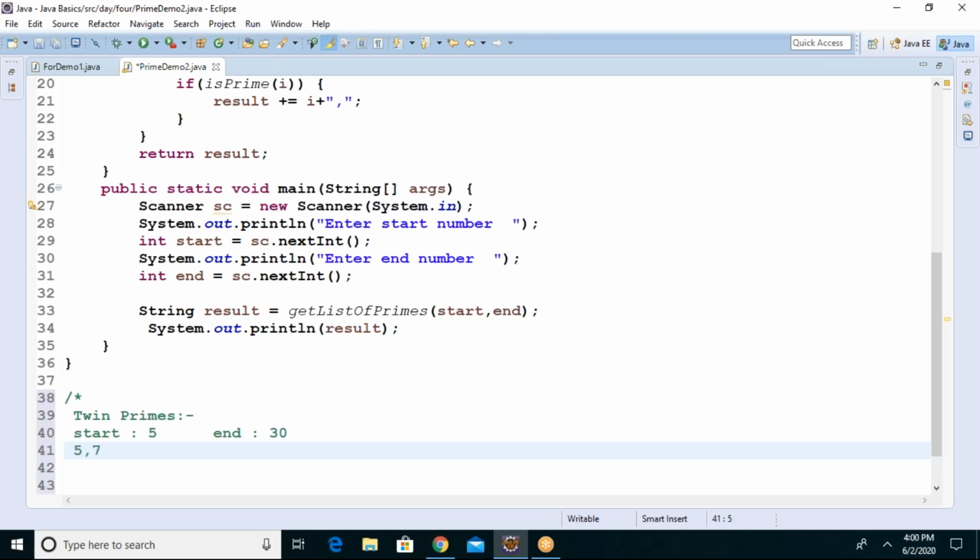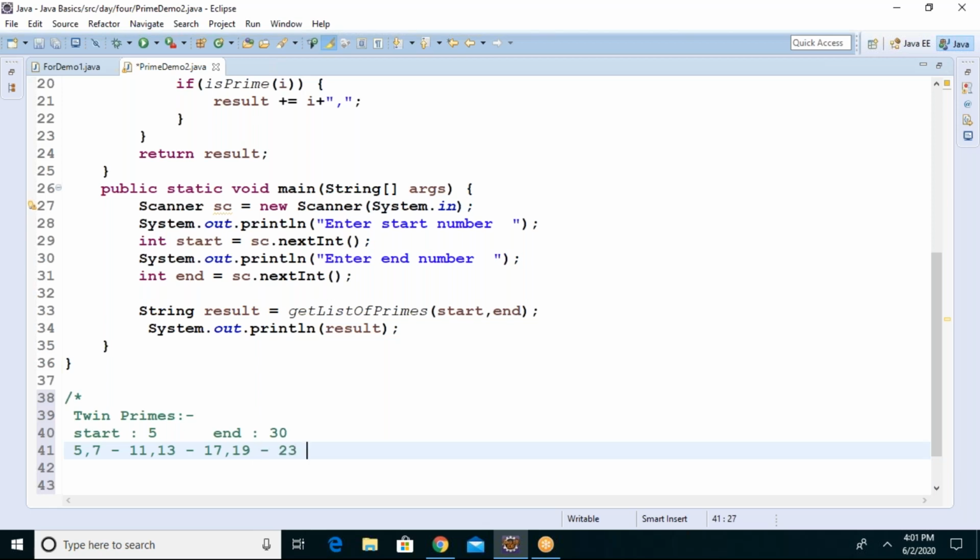Okay, what is the next one? 11 comma 13, then dash. 17 comma 19, then dash. What is the next? 21 is a prime? No. 23 is a prime? Yes.